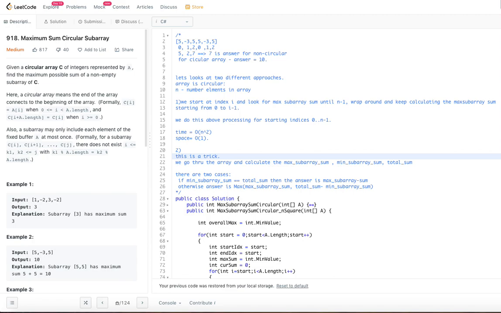In the second approach, we calculate the max subarray sum similar to how we calculated it in approach 1, and in addition to the max subarray sum we also calculate the min subarray sum. So the max subarray sum gives us a sum, and the min subarray sum gives us a sum. In addition to these two, we also do the cumulative sum. That is just the sum of all the elements in the array, the total sum. It doesn't care whether elements are negative, positive or whatever.